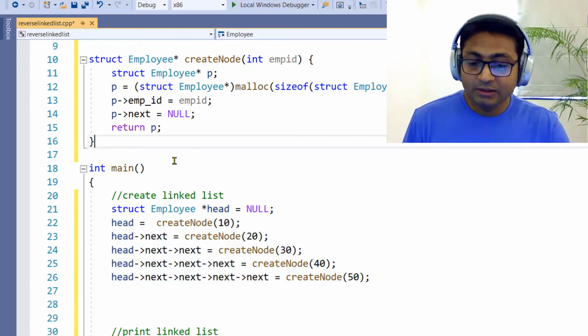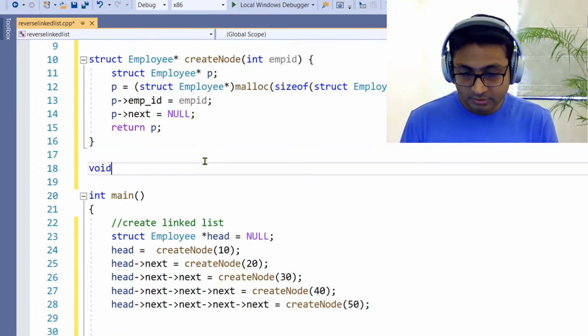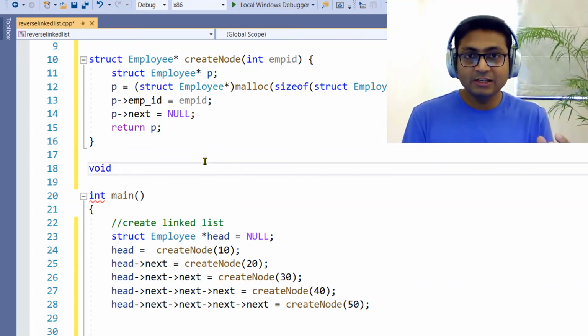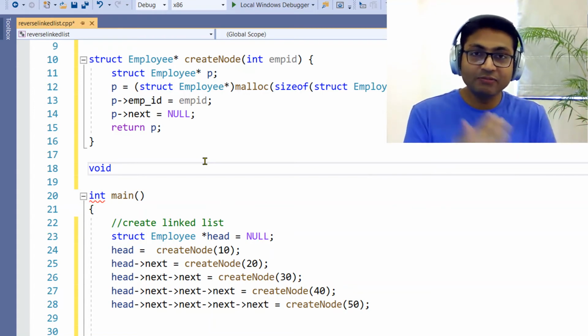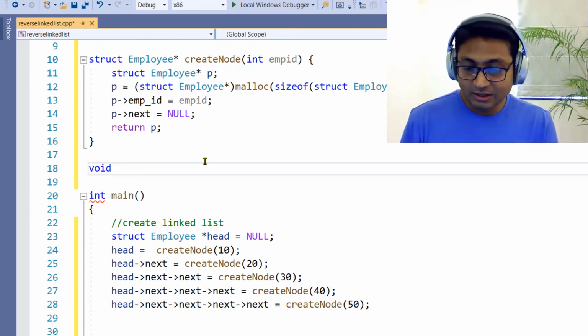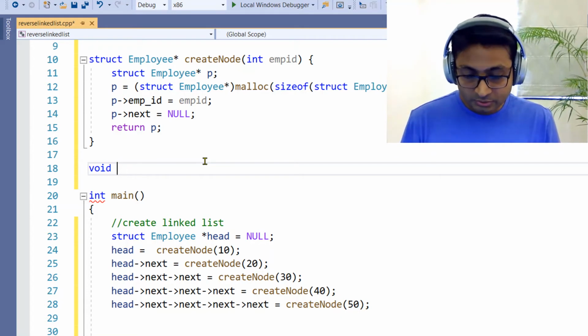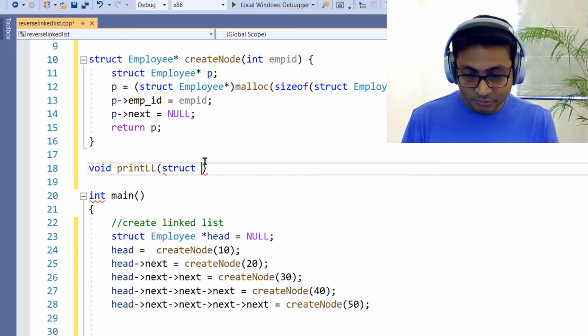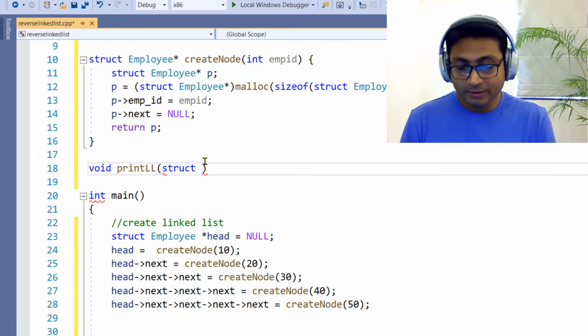Now let me quickly write a function to print entire linked list so that we have a clear idea. This is our linked list, and after reversing, the linked list is reversed. So print linked list, I'll say, and the argument I'm going to take it as a pointer to the head. I mean the head pointer.